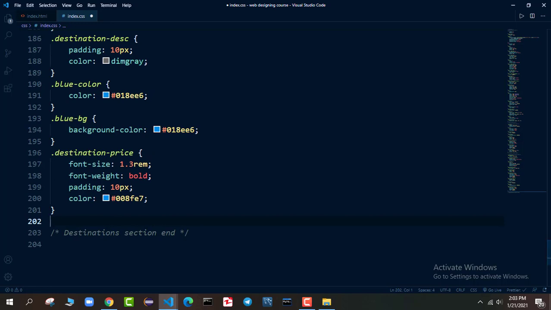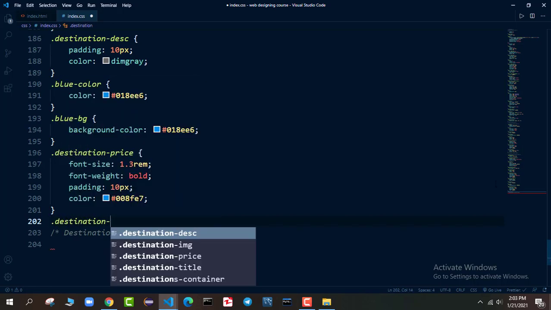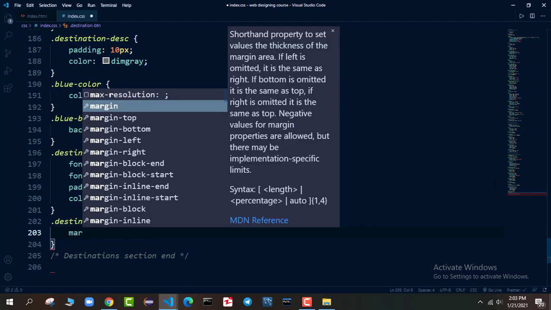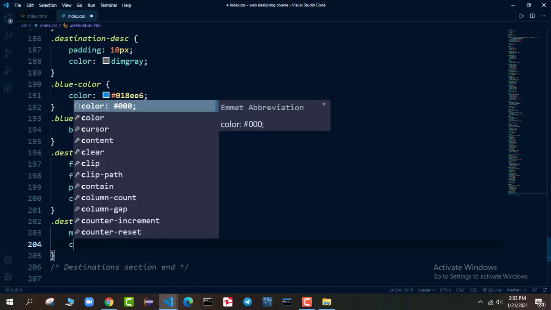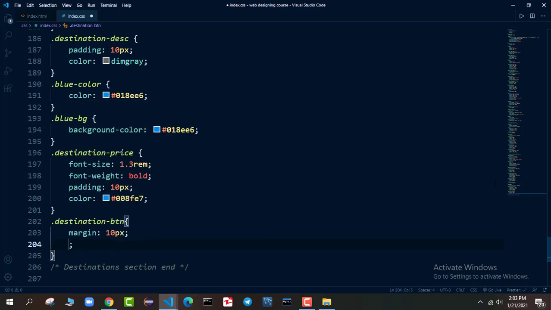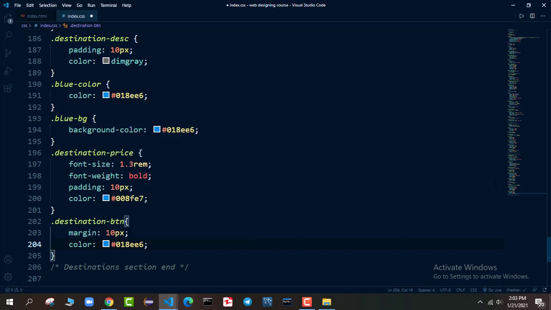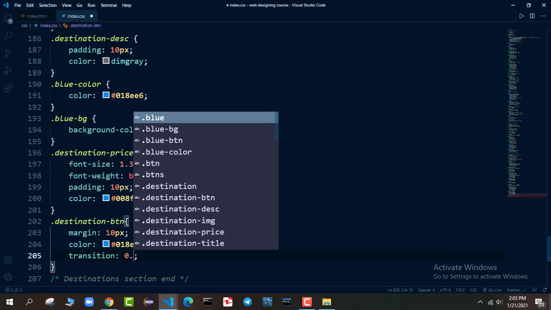Now after that, we will say dot destination btn, and it will have margin of 10 pixel. It will have color this, and it will have transition 0.5 second.